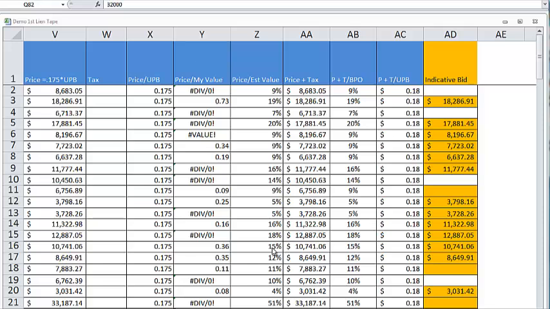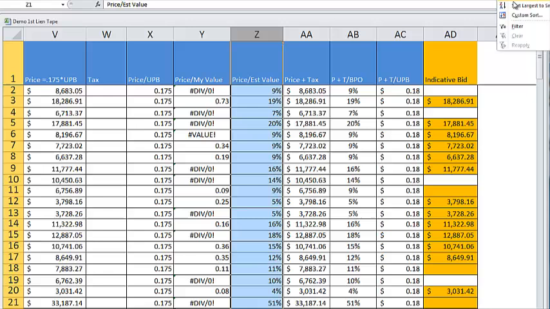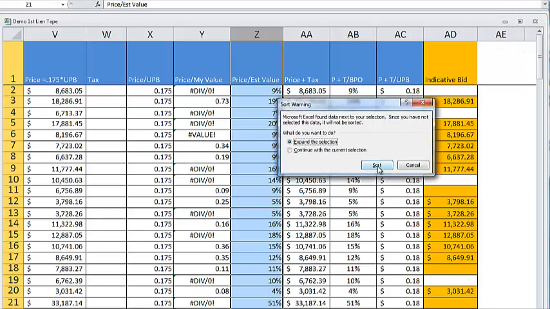The next column I'd like to sort is the price divided by the estimated value that the seller has provided us. We'd like to try to get some good bargains, and we want to eliminate those that are really not realistic. And so I'm going to sort again by price divided by estimated value. We're going to do largest to smallest,